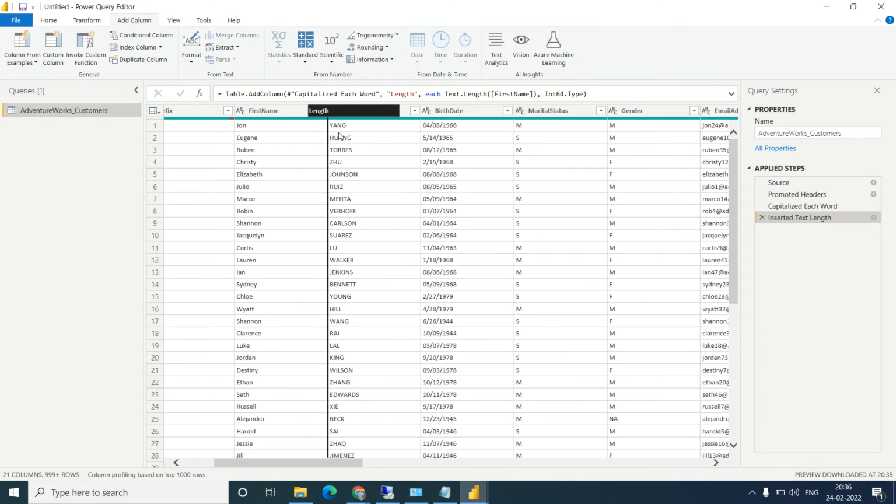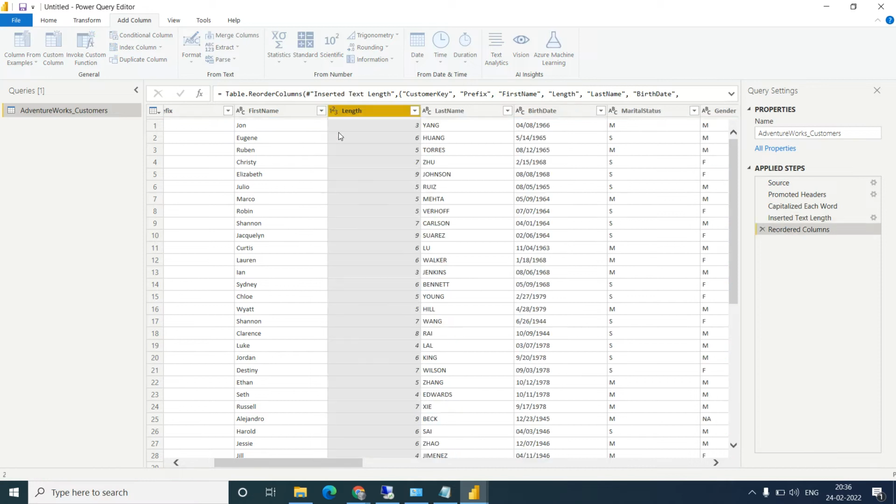In your first name John, that is 3 characters, so it gives a count of 3. Then this has 6, it gives 6. It has 5, 7, 9, 5, right? So it gives the count of the characters in that particular word, in a particular row. That is your length.